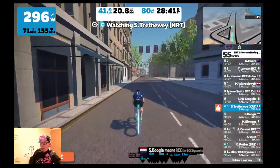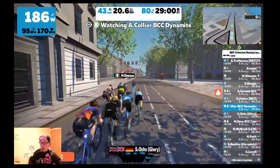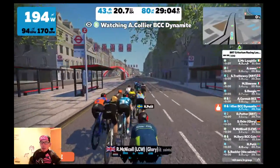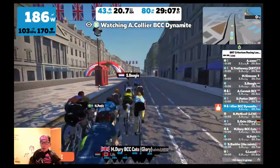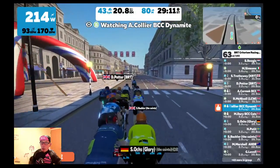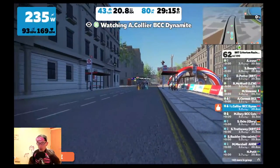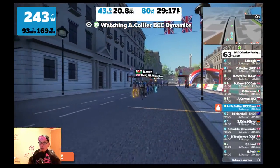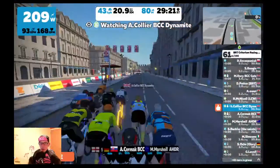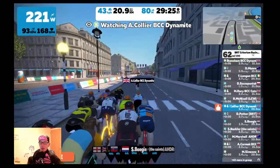Let's see what's happening with Collier. I've lost him. There he is. Are they 4 seconds apart? Let's have a look as they round the corner and pass under the Flamme Rouge. 1 kilometre to go once again. 20 kilometres. This should be on lap 3 or near enough. In fact, it probably is once the kilometre barrier is out of the way. Okay, so with Collier,